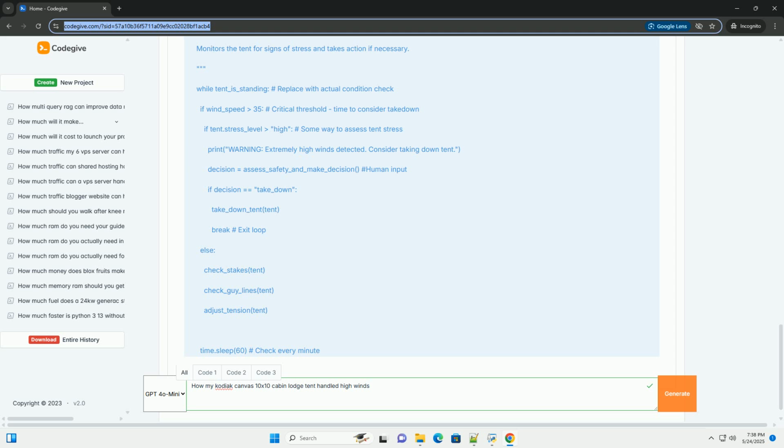Buffeting/oscillation. Gusty winds cause the tent to shake and oscillate, putting stress on seams, poles, and guy-out points. This repeated stress can lead to fatigue and eventual failure. Debris impact. High winds often carry debris, leaves,